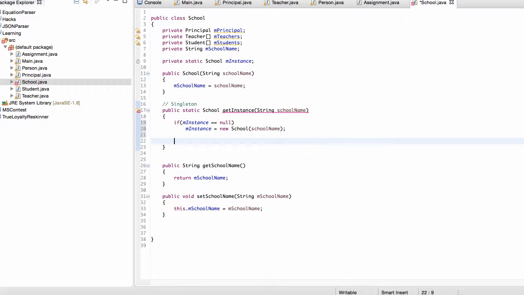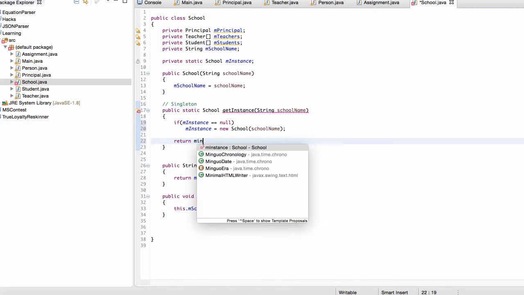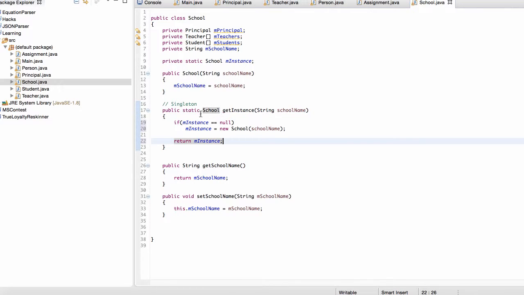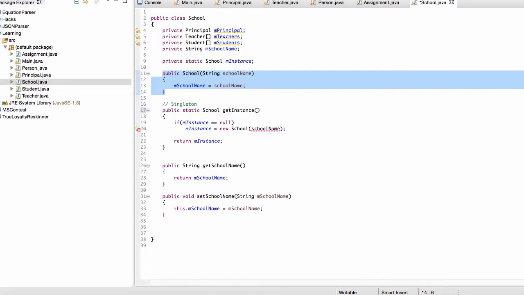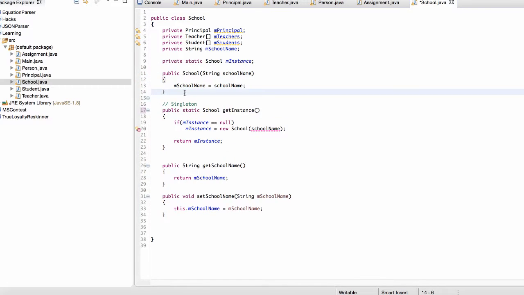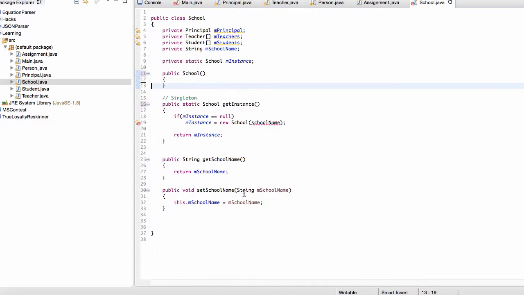And actually, let's just get rid of this for now. What we can do is we're just going to have a default constructor, so we won't actually pass in anything. This makes it a little easier to work with because now we can just create a new school. Okay, so now